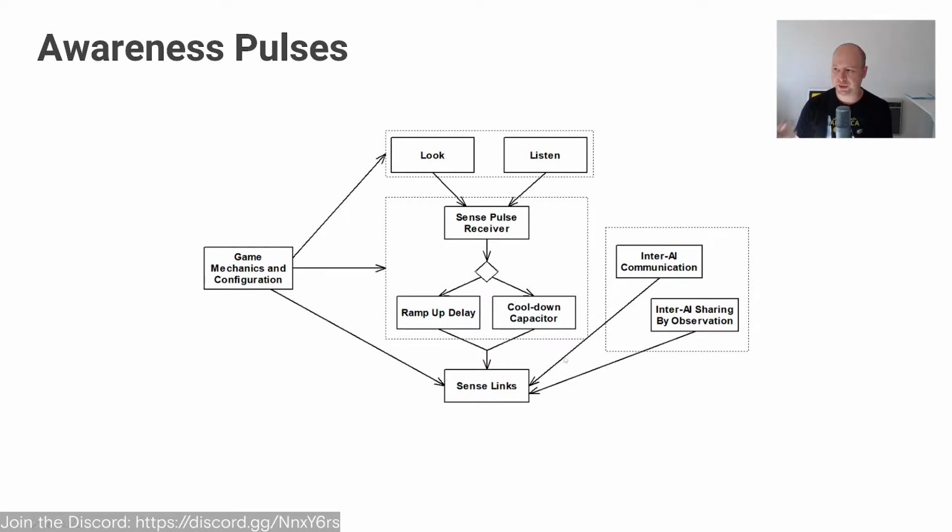If you don't simulate some kind of delay in your AI systems, your AI will be impossible to beat or too reactive, even with all these systems. And one way to do that is a ramp up delay. So you essentially go from 0 to 1 with some kind of delta, and that's what the system is doing. Or you have a cooldown, a refractory period. For example, you shot the gun, right? Your AI shot the gun. You don't want to shoot again immediately. You need some refractory period to shoot the gun.